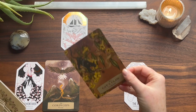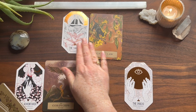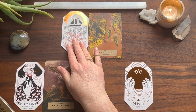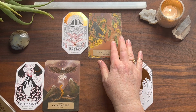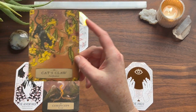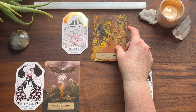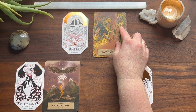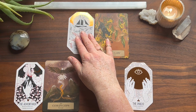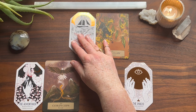Okay, and then we've got cat's claw with purification, and we've got Mars and Pluto again, so Mars and Pluto showing up twice. This is, to me, and I want to say this is like a Black Panther here, which does have a lot to do with shadow work. So feeling really brave to just go deep,